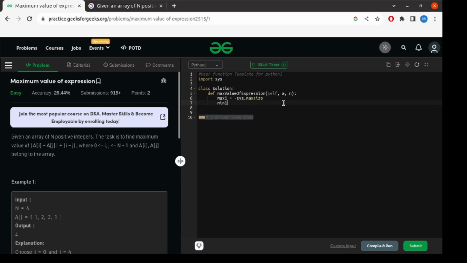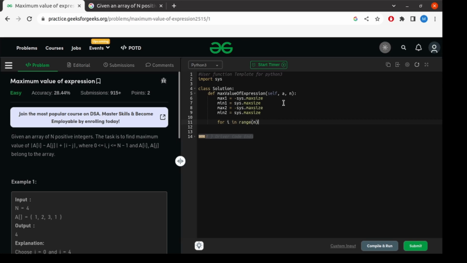Okay, min1 equals sys.maxsize, and minimum with positive infinity. And similarly, I need the second also. Okay, two variables are there, and all we need to do is for i in range